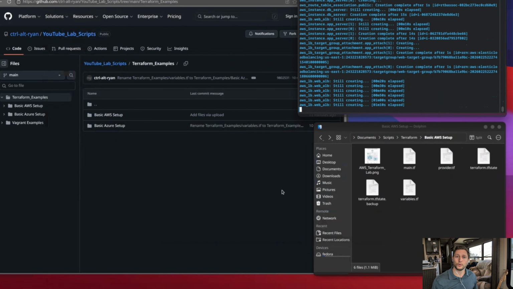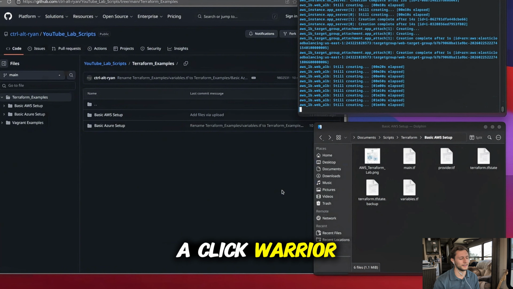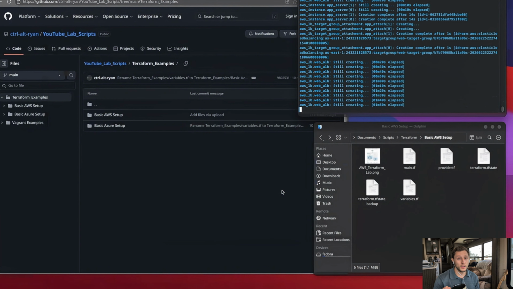Guys, it's taking a little bit longer than I thought. But can you imagine doing this with clicks? If you were a click warrior, oh man, this would take forever. So we're just waiting. With that being said though, guys, you should know how to do this with the old